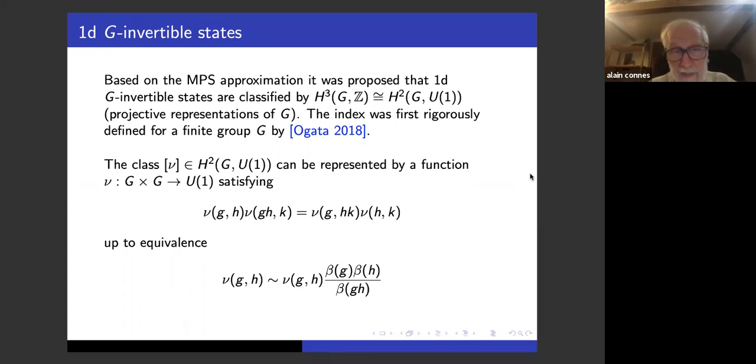What I find very, very interesting in what you say is that in what I was doing, there was H3, which is H2 with coefficients in U(1), of course, but I had no occurrence of the higher cohomology groups. So the fact that you have higher cohomology groups means that there is something really new there, of course, in higher dimensions. Which is not reducible to, I mean, I liked, for instance, when you were mentioning the term factor in the theory of factors, which of course comes from the fact that the type I factorizations just factor the Hilbert space as a tensor product.